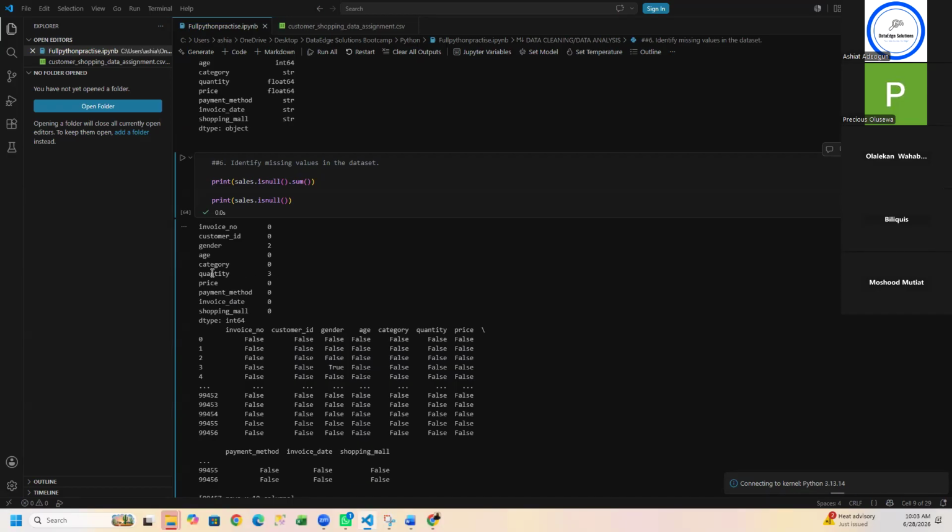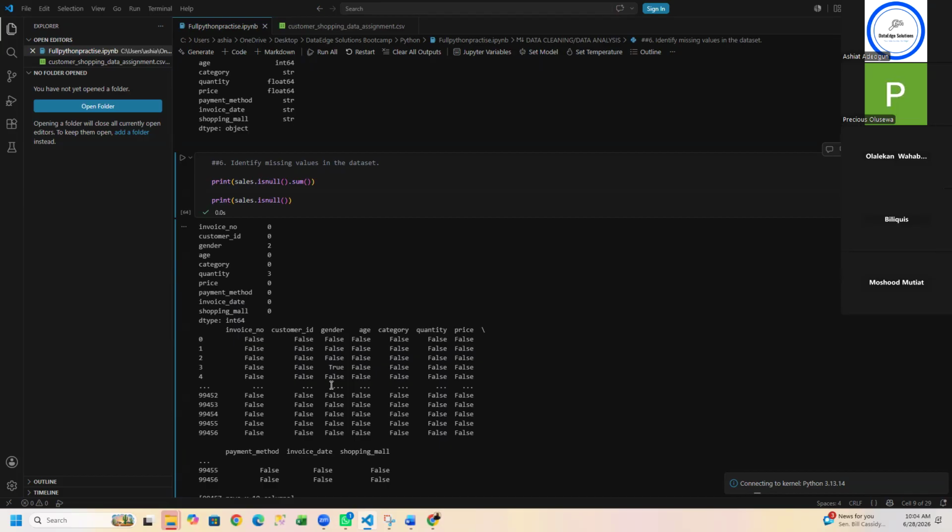So I'll extract these two columns from the data set and work on them, because I know that the two columns contain missing values. But when you see it in false and true,